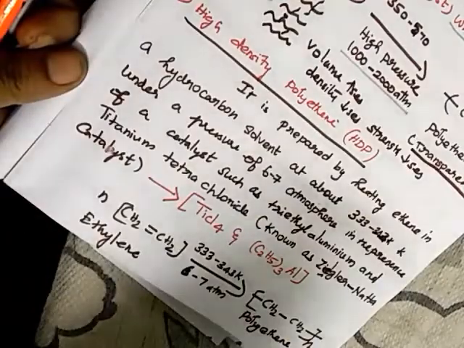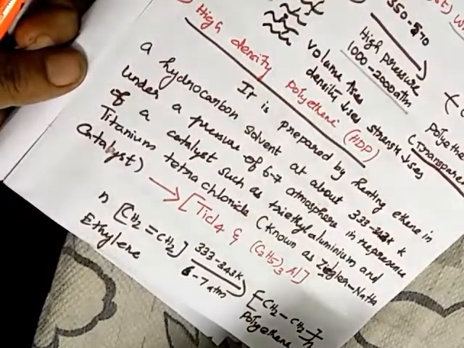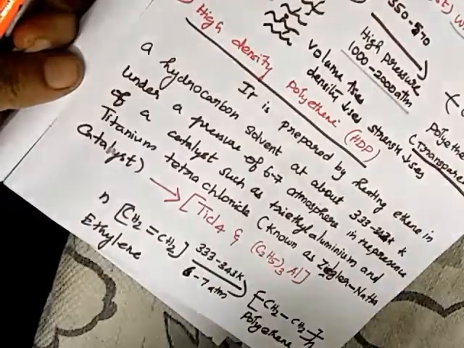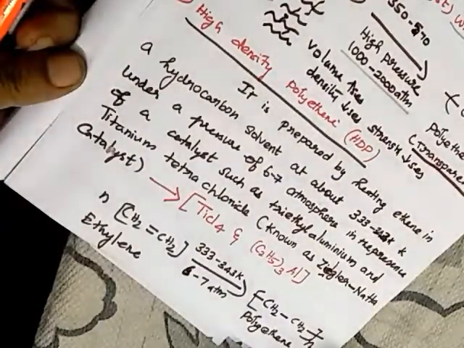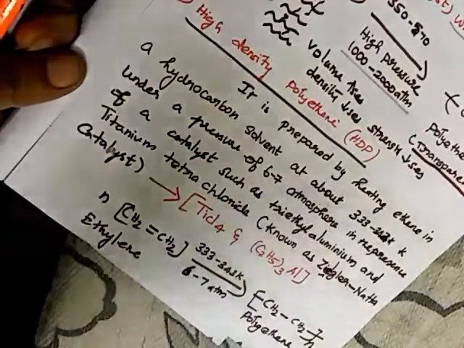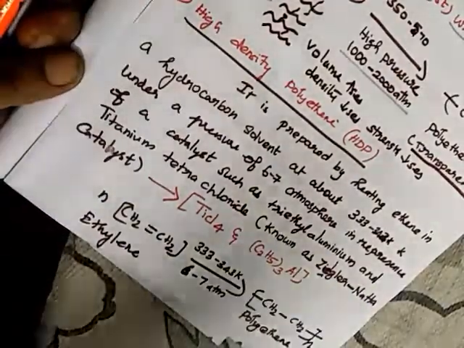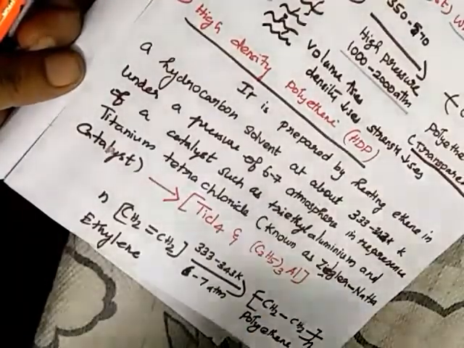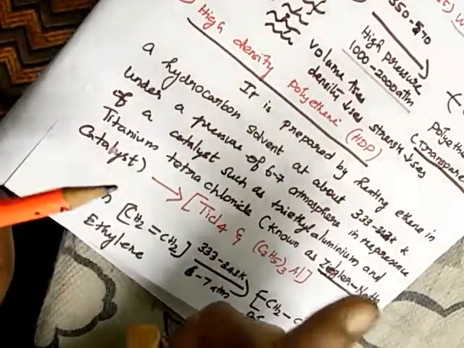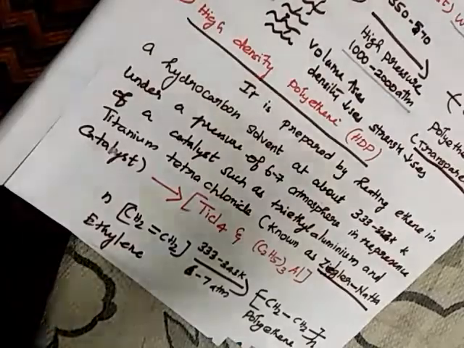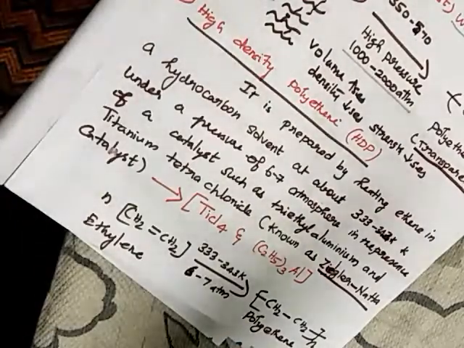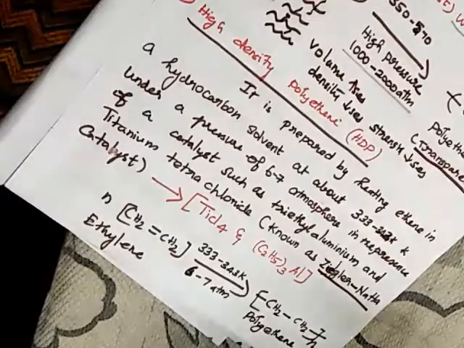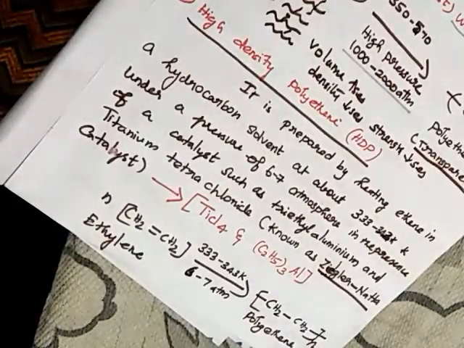In the case of low density polythene it was so, but in the case of high density polythene, temperature as well as pressure are both minimized. So what is the reason? Why are temperature as well as pressure minimum in high density polythene? Because we are using one special catalyst, said to be the Ziegler-Natta catalyst. So what is the Ziegler-Natta catalyst? Ziegler-Natta is named after scientists. Ziegler is one scientist, Natta is another scientist. Both scientists found the catalyst, and because of their names, the catalyst is named Ziegler-Natta catalyst.